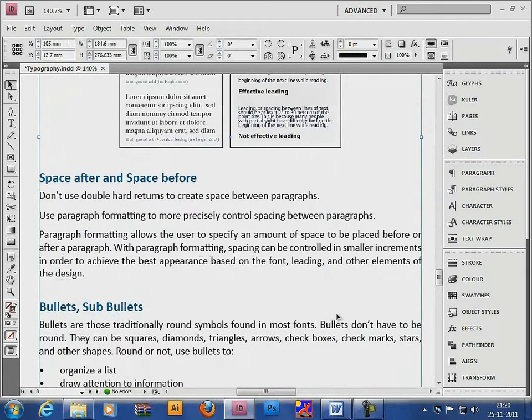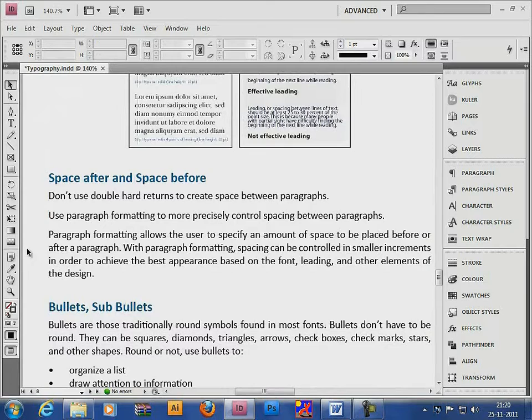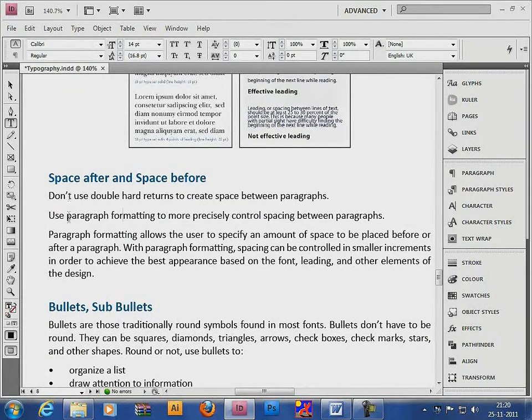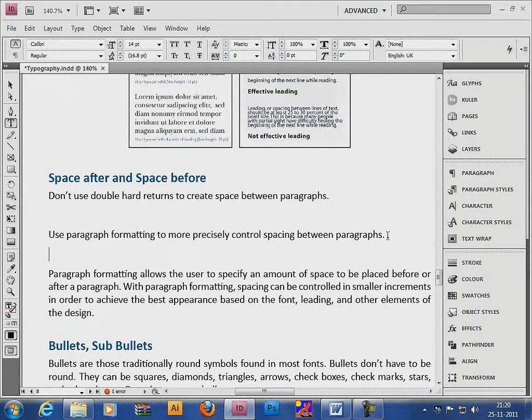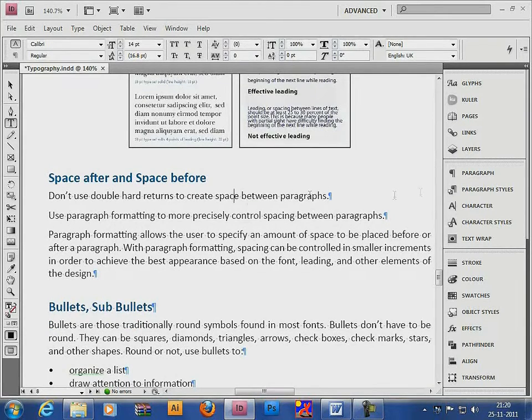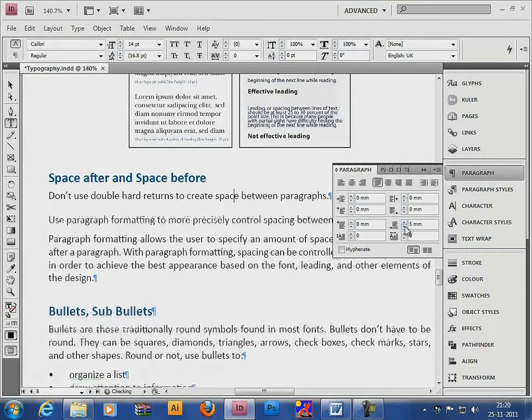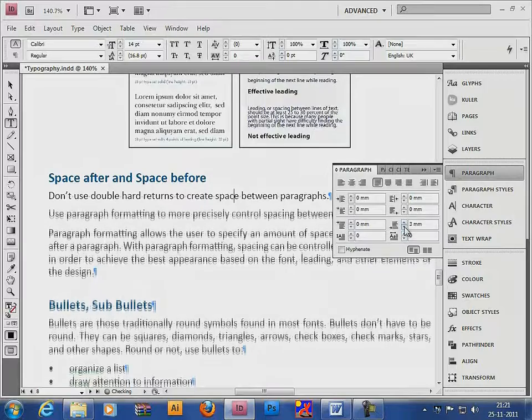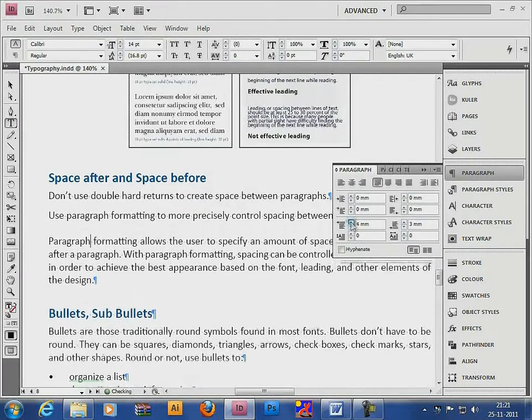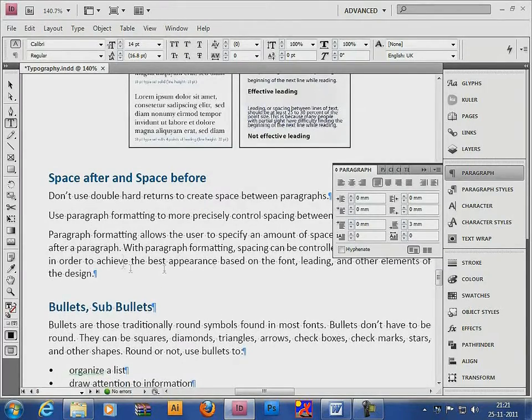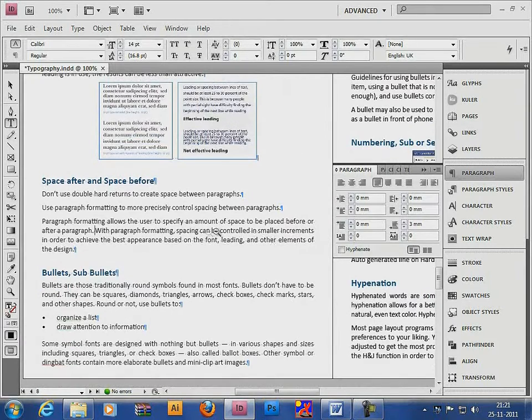Now to create space between paragraphs. Watch. I could have used the double hard returns, but it's better with paragraph formatting as space can be controlled in small increments. Just as the space you see between these two paragraphs and the headline,